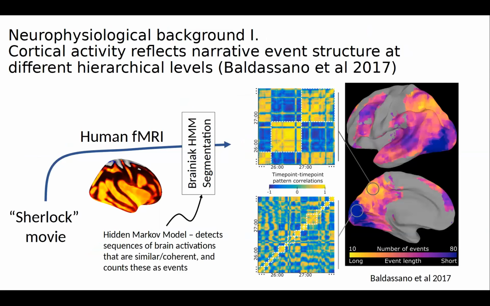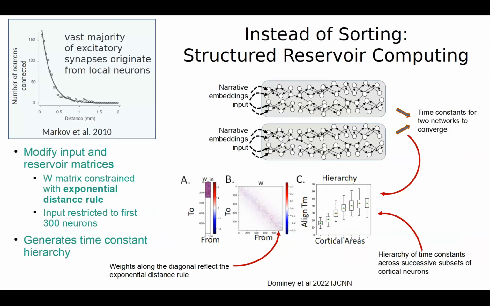However, if you're paying attention, you say, yeah, but what you showed is neurons in the same reservoir that you had to sort in order to get these different temporal effects, whereas these are neurons at different locations in the reservoir. So how can we do that? Then we could introduce this notion of topological structure into the reservoir. That is to say, we're going to more strictly obey this rule and reduce long distance connections in the reservoir. We're going to have input projected to a subset of neurons,